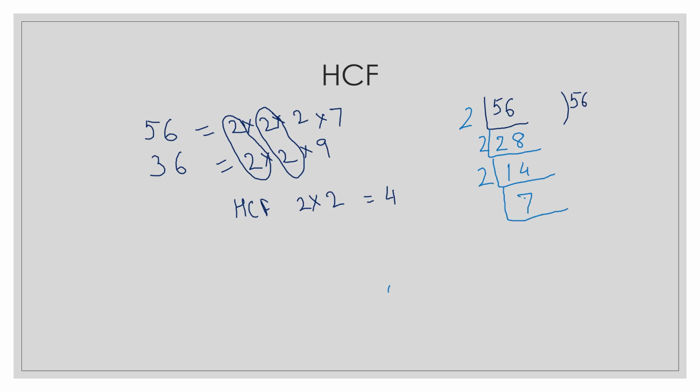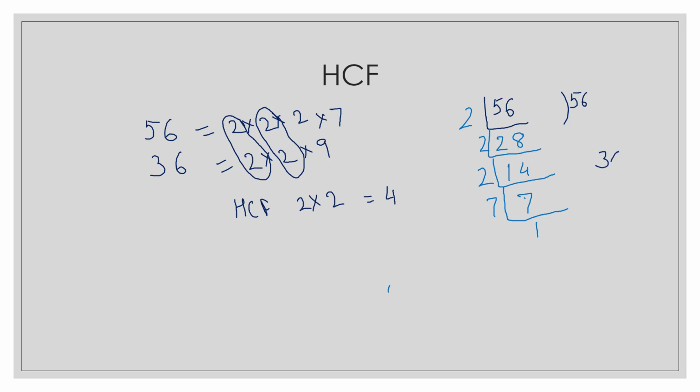So if you see, the factors have come same as what we had written there, right? Yes. So what you have done is you have divided it till you reached 1. So you will start with the smallest number and you move to the larger number, so that you ultimately reach 1. Okay. That's what I did. Yeah, that's what you do. So you will do the same exercise for the other number as well.